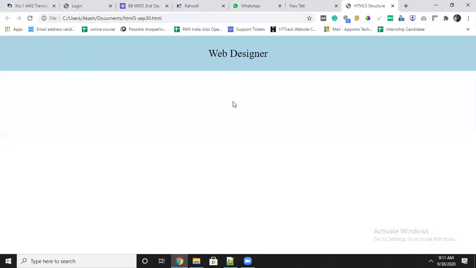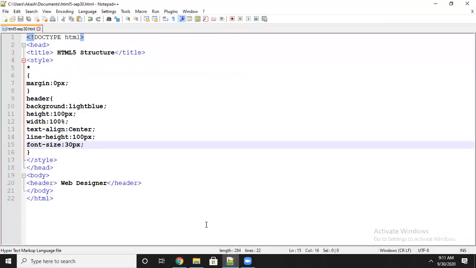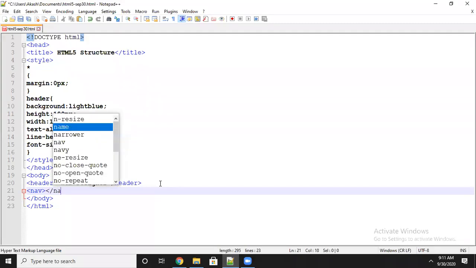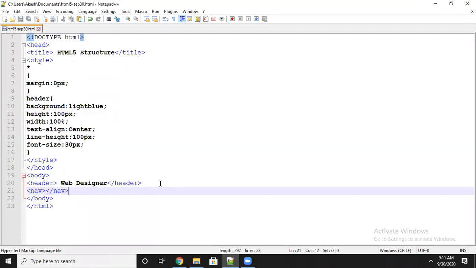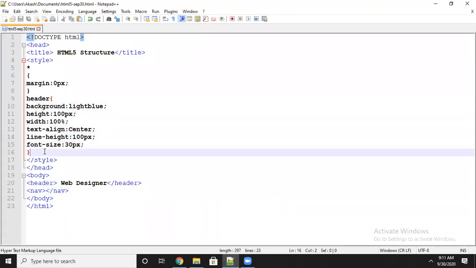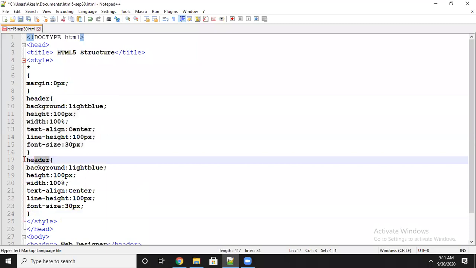Next thing comes headlines here. For writing the menu purpose, we have to use the navigation tag. Means directly the tags they have introduced in the HTML file. Now nav tag meaning is navigation. This is also one of the semantic tags. For navigation, I will define now property. The same I am copying, just I will customize as per the requirement.